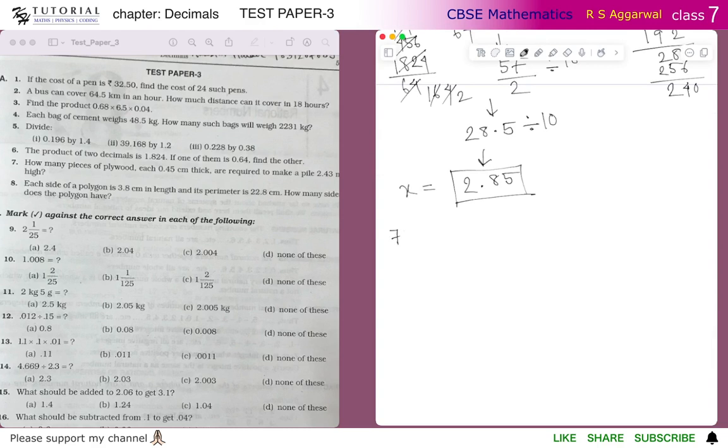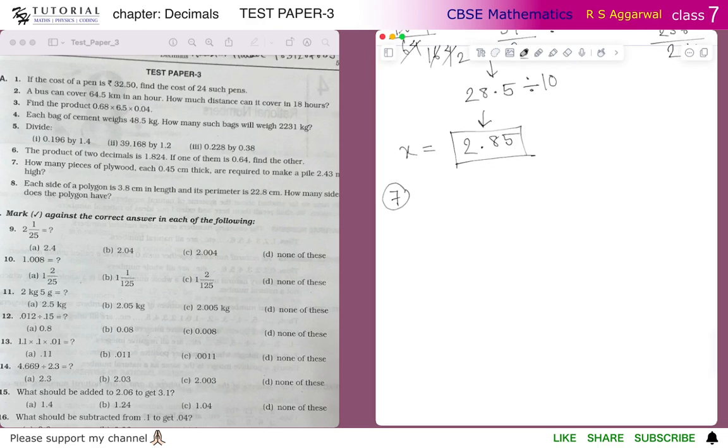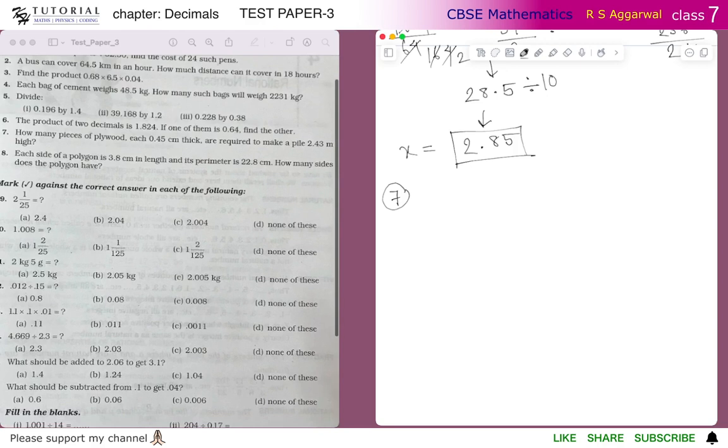Let's do problem number 7. How many pieces of plywood each 0.45 centimeter thick are required to make a pile of 2.43 meter high? So the height of the pile is given to be 2.43 meter,